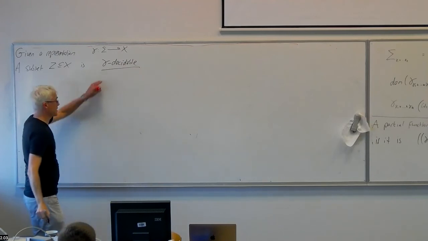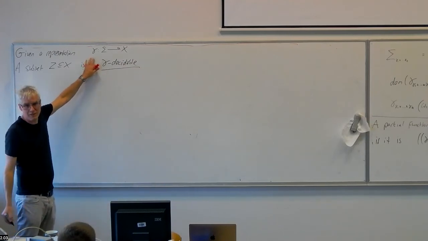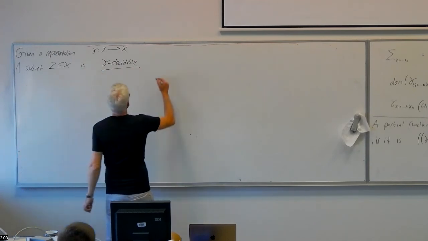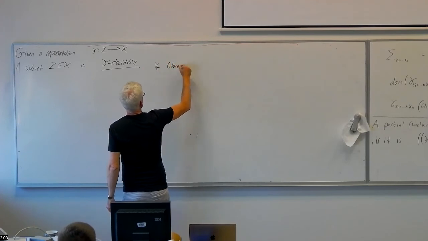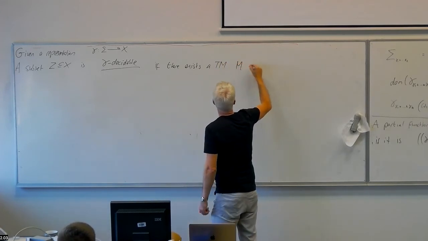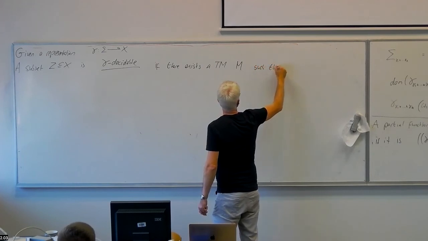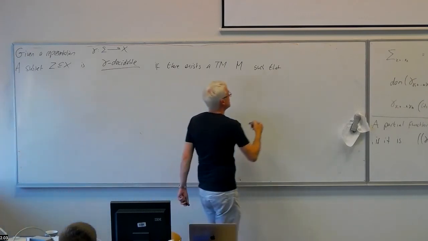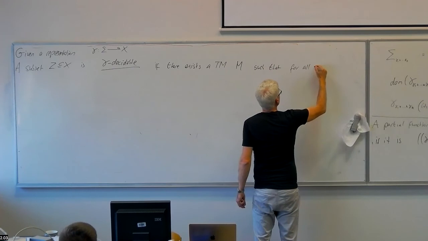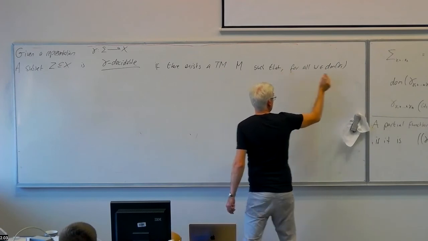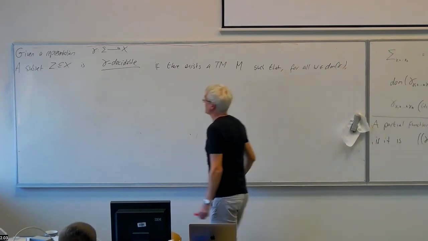Normally I would just write decidable, but to be totally precise here, I'm going to say gamma-decidable, so decidable relative to the representation, if there exists a Turing machine M such that for all words W in the domain of gamma, so for all names of elements of X,